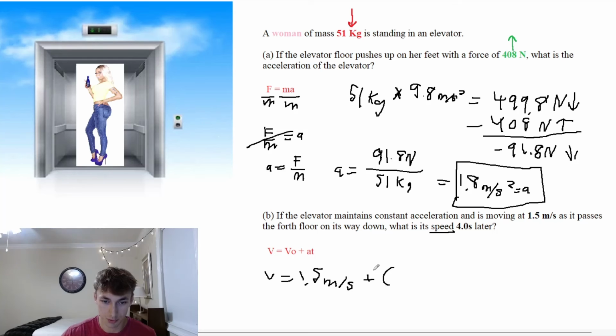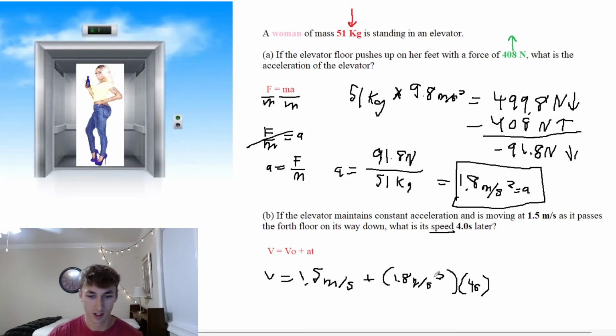Plus acceleration, which we found in the previous problem, 1.8 meters per second squared, times 4 seconds. So now that we've got these numbers, 1.5 meters per second plus 1.8 times 4 seconds, once you've plugged everything in there, you get